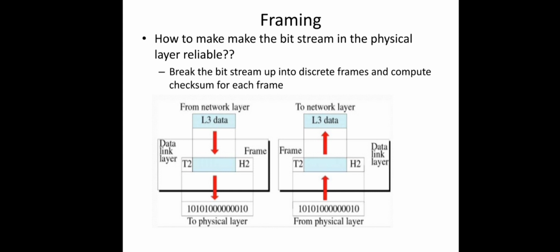Okay, if there is a mismatch between the recomputed checksum and the one already attached by the sender, these two checksums will be compared. If there is a mismatch, that means there are some errors in the frame received. In that case, either the errors will be corrected by the data link layer, depending on the protocol, since some error correction methods are there, or it will ask for retransmission by the sender. Different error control mechanisms are there. Depending on the one chosen here, the corresponding action will be taken.